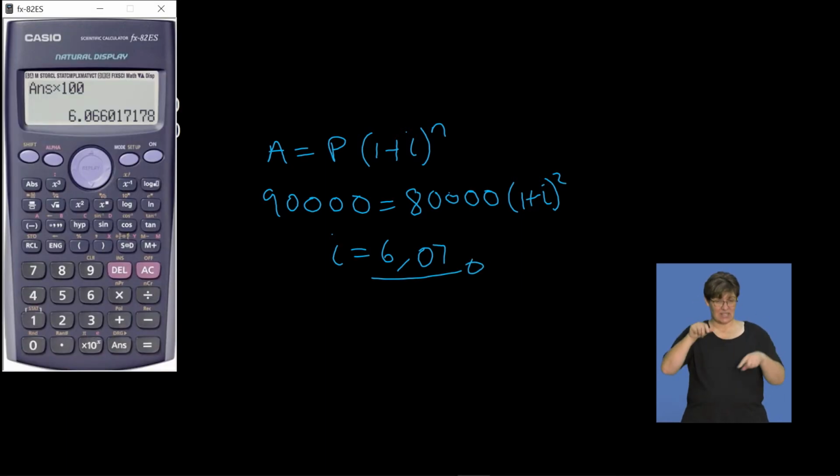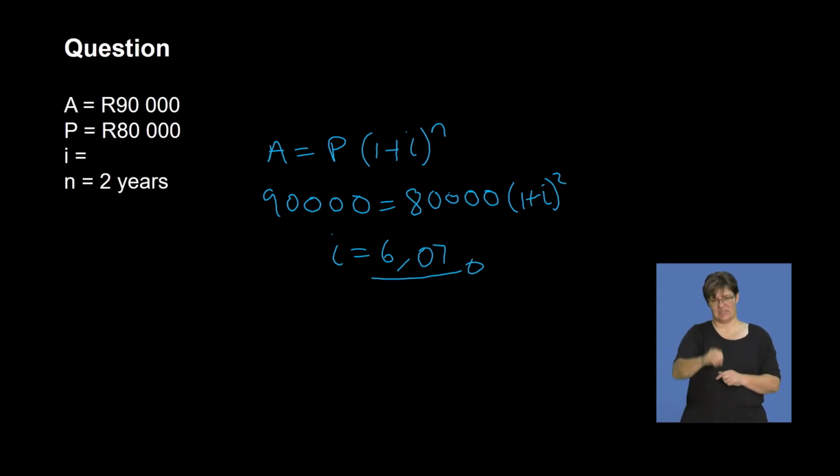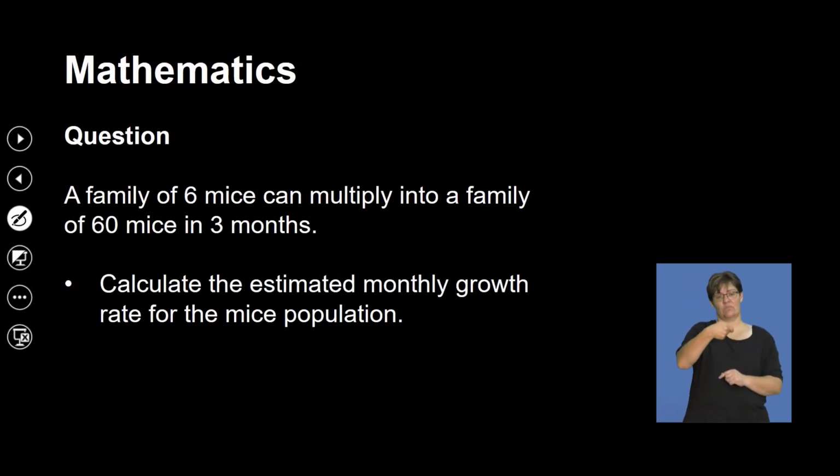I think, yes, 6.07%. So you can see that's how much Janet can then talk to the bank about, to say, how about you just give me 6.07? And you know, whenever you need to negotiate, you must start at 7% and then go down. But you know that your goal is to get to 6.07.